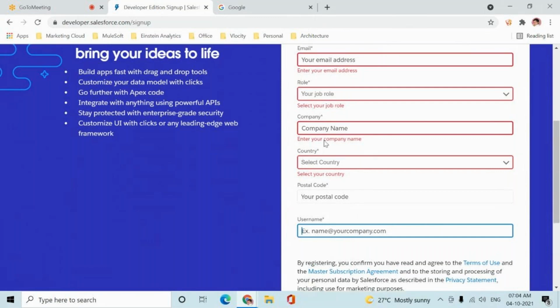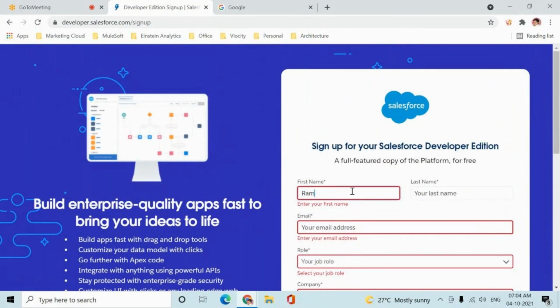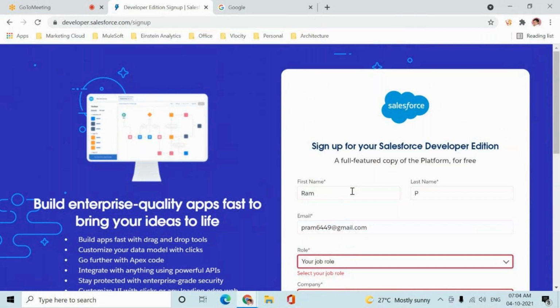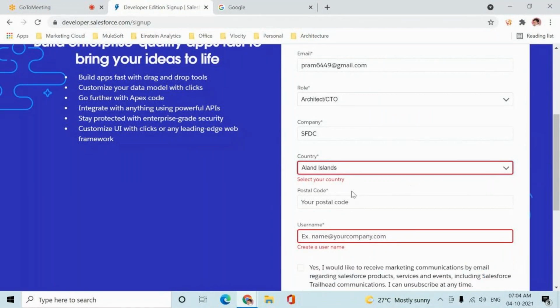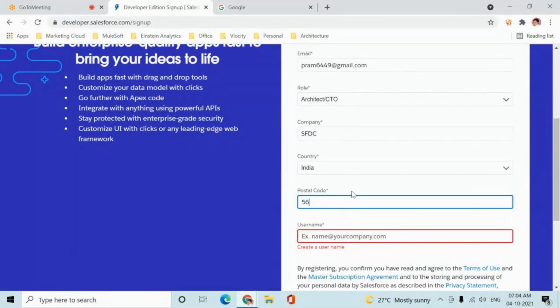So I'll just create mine. I'm just giving my working mail ID, gmail.com. Role, architect. Company, I'll say SFDC. I'm not working in a company called SFDC, but it will take it. I'm from India, postal code 560043, and the email. The username, I can give anything.